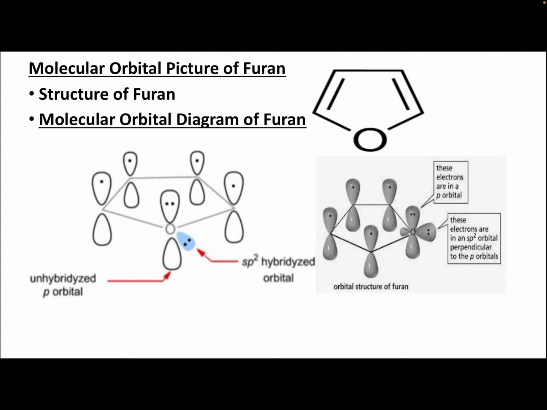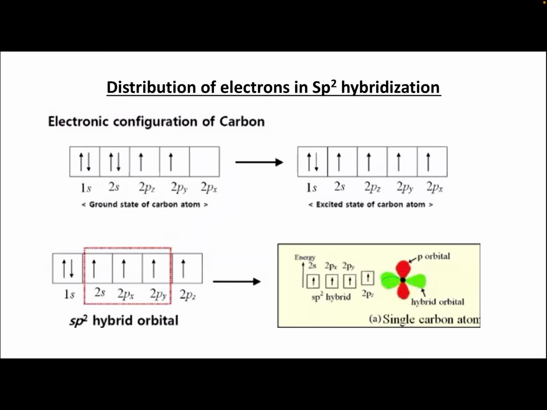As the atomic number of oxygen is 8, there are 6 electrons in the outermost orbit. Two of them bind with sp2 hybrid orbitals of carbon, and 4 remain, so we have 6 valence electrons. In the next diagram we will see these electrons in the p orbital, and here the electrons in sp2 hybrid orbitals are shown. Both are the same diagrams. First of all, we will see what sp2 hybridization is, and then you will understand better.